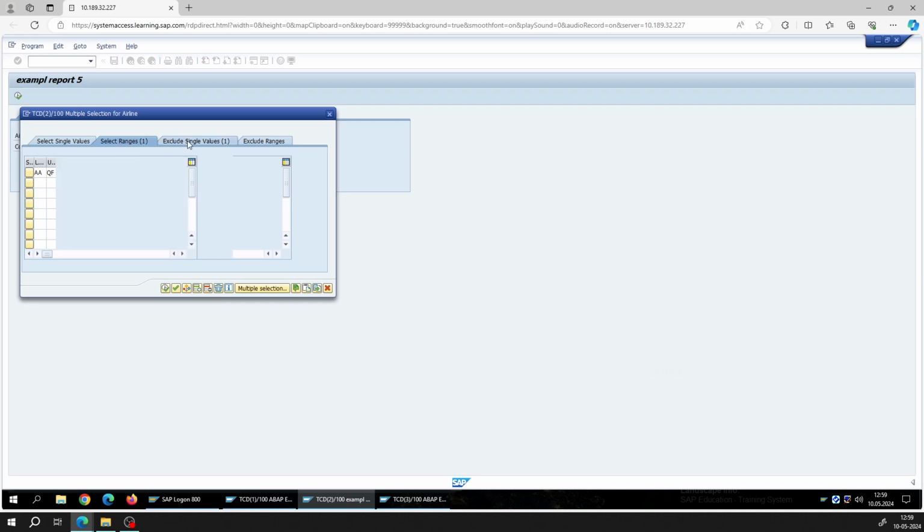But if you select this tab, this is exclude single values. That means this AZ will be excluded from the selection, right? So these are all the information your select options can hold, right? It is interesting, I know. Now close this one